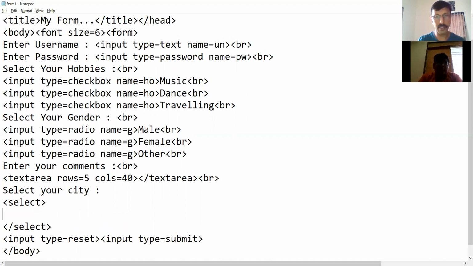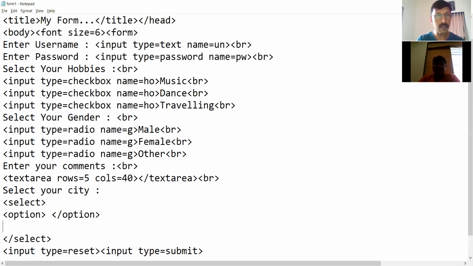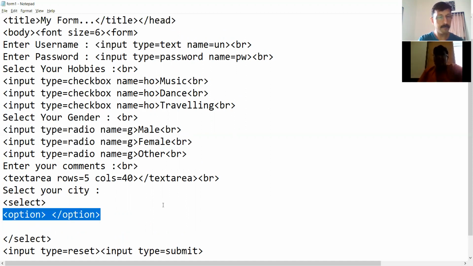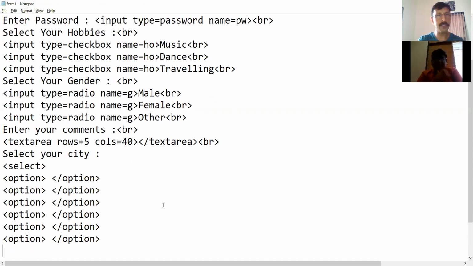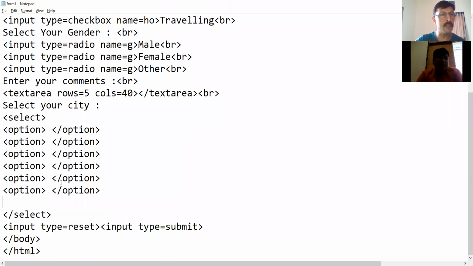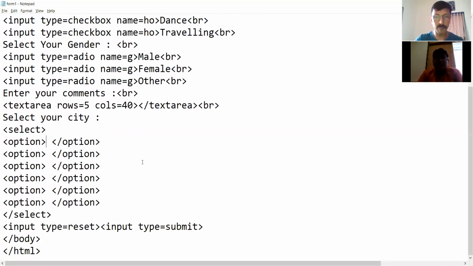We write again option and slash option. Let us write without city names first. We copy this, Control C, and then paste, paste, paste, 5, 6 times, as many values as you want to write. And then here we now write the values, Ahmedabad.